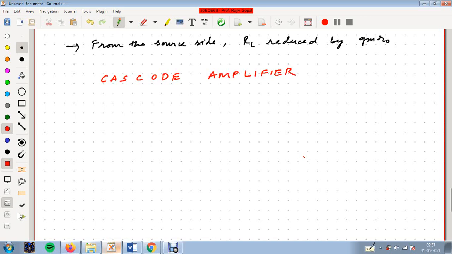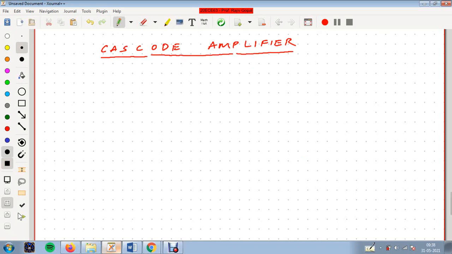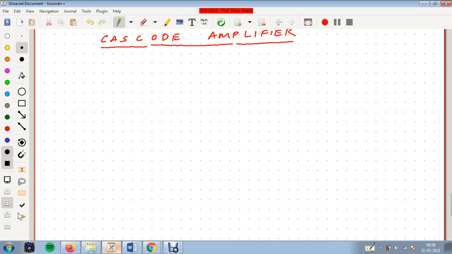This is a very important topic, because once you learn about cascade amplifiers, you'll start looking at cascode current mirrors, and then it becomes a rabbit hole from there. You'll be looking at vertical stacks of MOSFETs, and there you have to understand how it works. So try and understand how a cascade amplifier works; from there on it'll be easy for you. First we'll look at a MOS cascade.